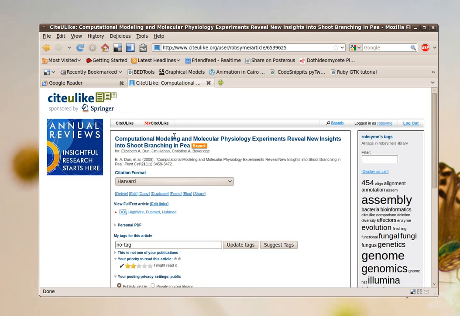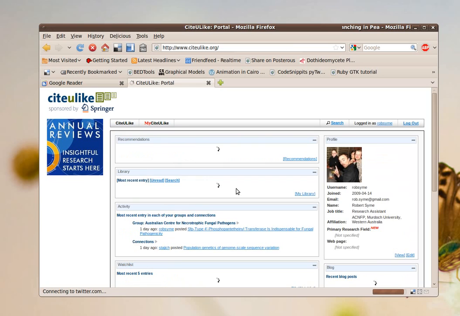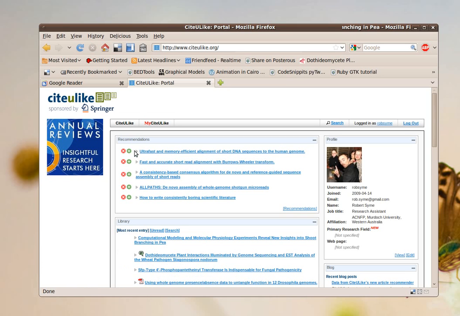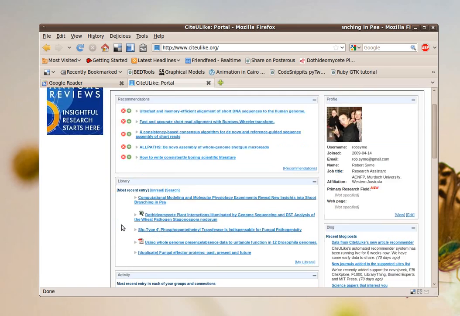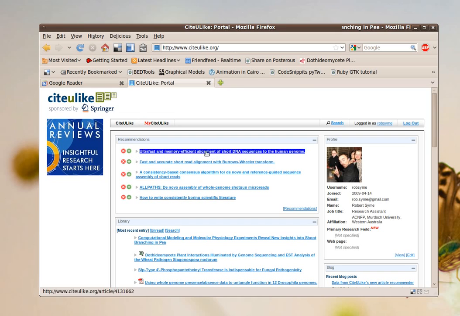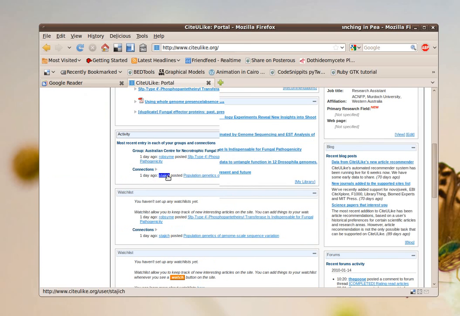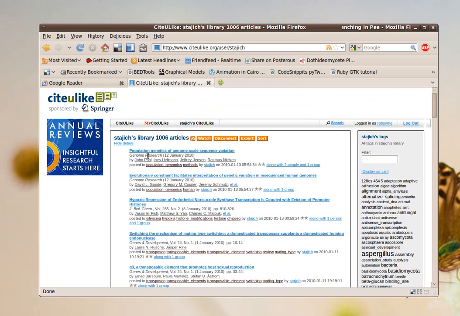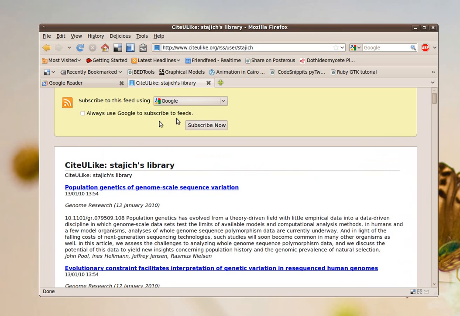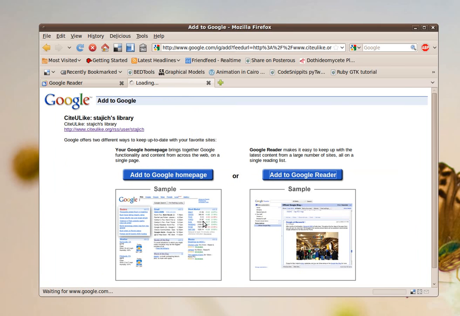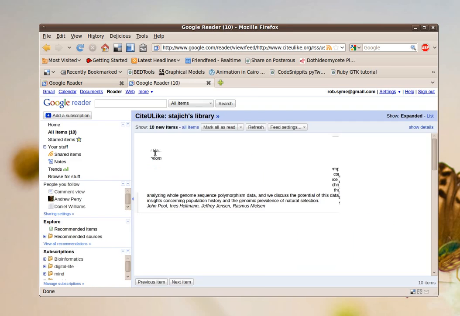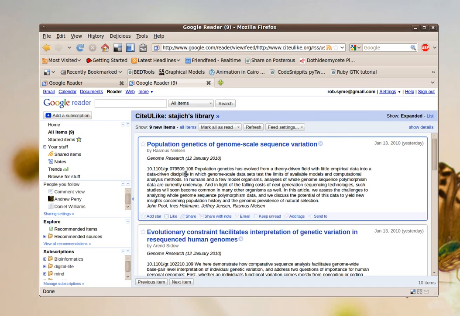Now, for example, if James or Christian or Eva has a CiteULike account, then I'm interested in keeping up to date with what they're reading, not just the stuff that they're posting to the ACNP communal library. For example, Jason Sijic is a fungal pathology guy. Let's say I'm interested in keeping up with what he's reading. I can just subscribe to the RSS feed from CiteULike through Google Reader. And now whenever Jason posts something to his CiteULike account, it'll appear in my RSS reader here. So you can see I've got 9 unread items, which are probably just Jason's articles because I've just subscribed. I can go through them,